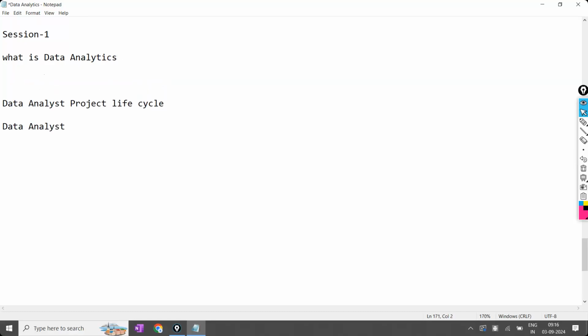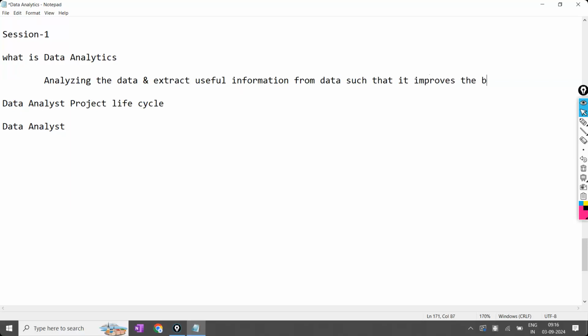What does data analytics mean? Analyzing the data. You are analyzing the data and extracting useful information from the data such that it improves the business.